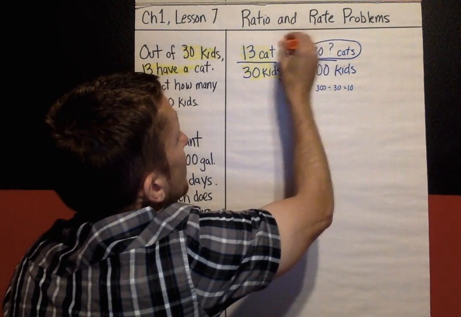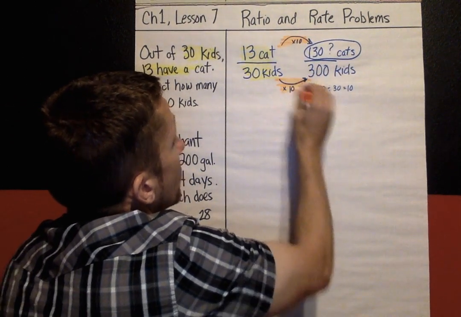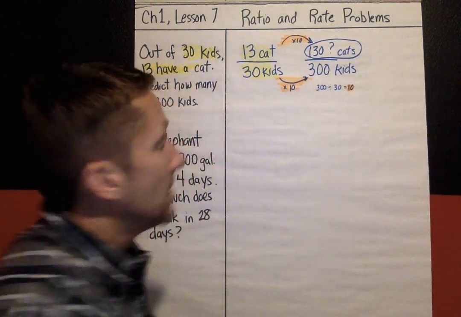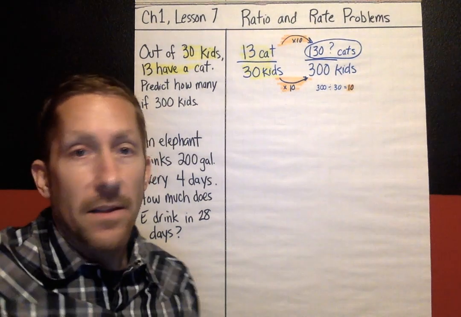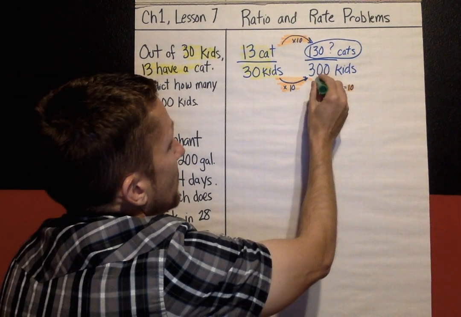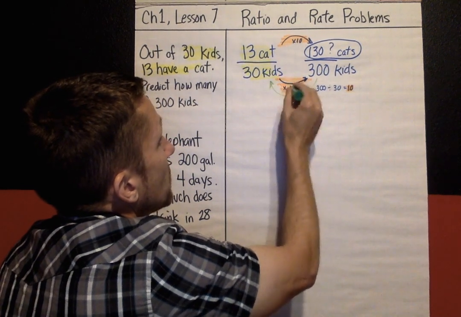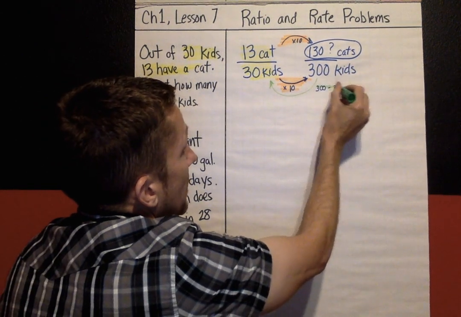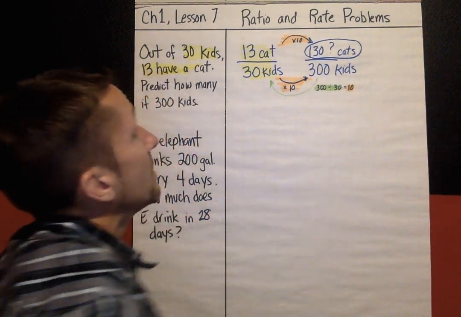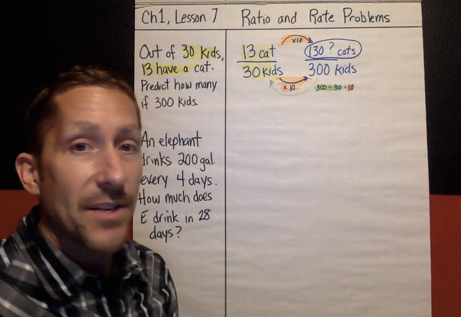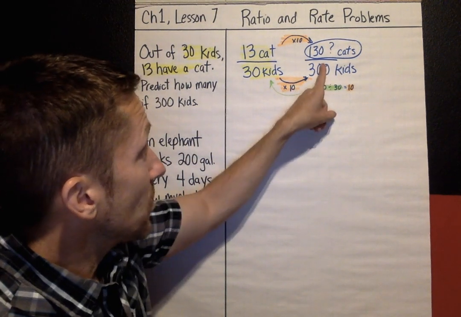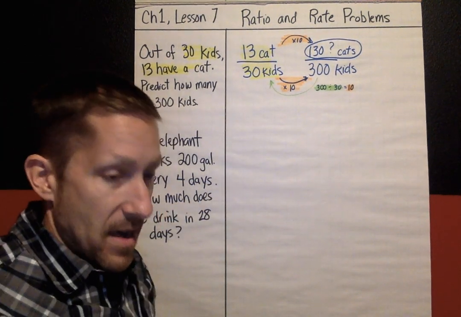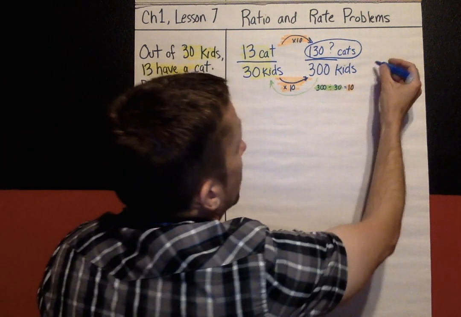So I'm going to highlight my arrows that are the same, times 10, times 10. And how I got that was this. I'm going to be dividing in this direction. If you don't know that that's a 10, you would divide this number by this number. I'm going to highlight that in green. Okay, so now you've got the strategy. If you don't know what that number is, you're going to divide in this direction, and that will give you that number. Again, this strategy is called